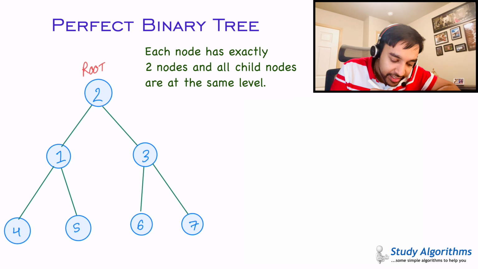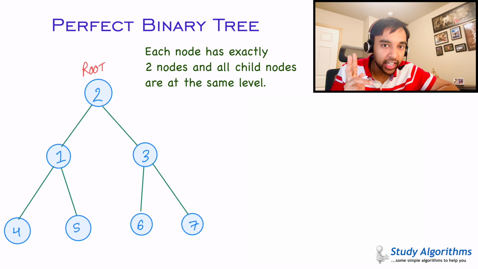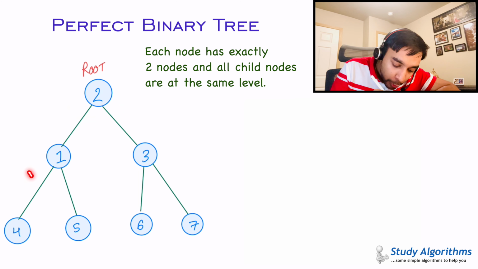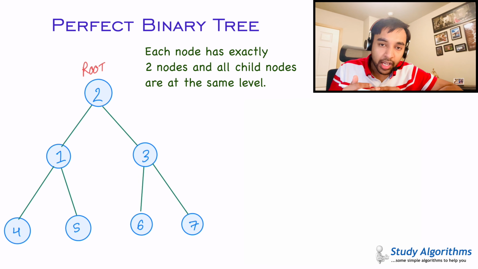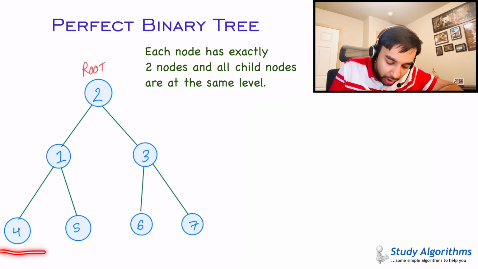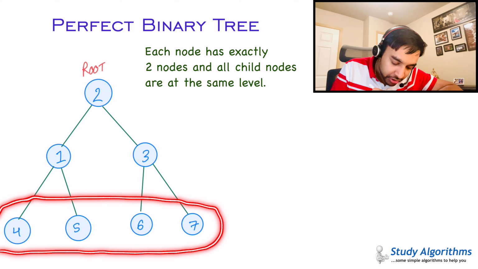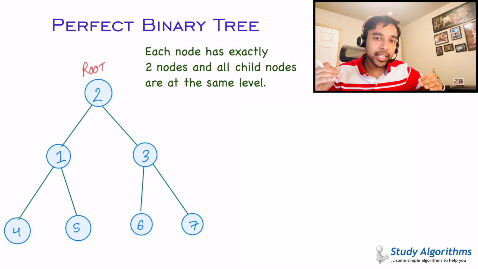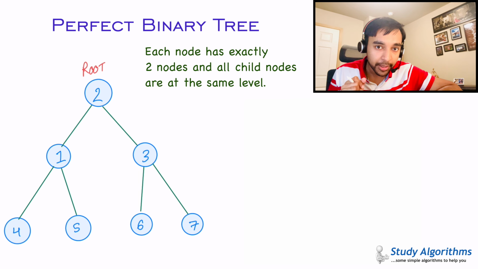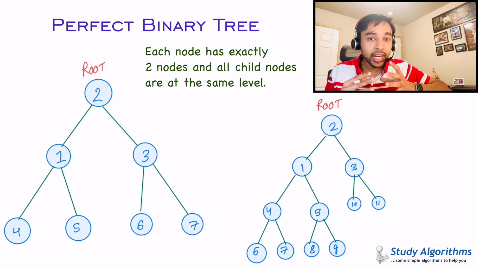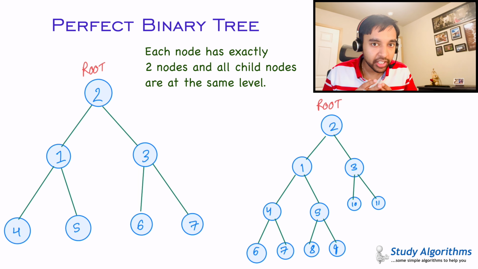As you can see in this case, the root node has two child nodes, right? And both of these child nodes have two child nodes in turn. Going a step further, if you look at the level of the child nodes, they are all at the same level, right? So this is the condition of a perfect binary tree. Now let us take up one example where the tree qualifies as a full binary tree, but it does not come under a perfect binary tree.